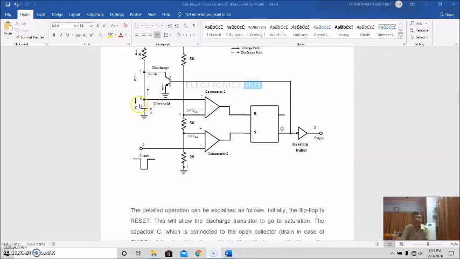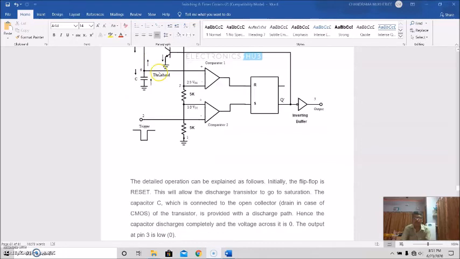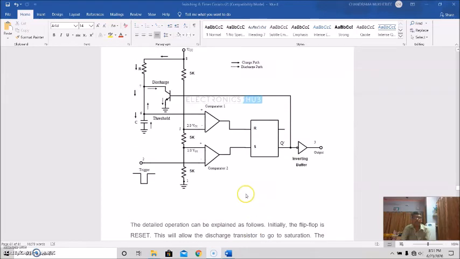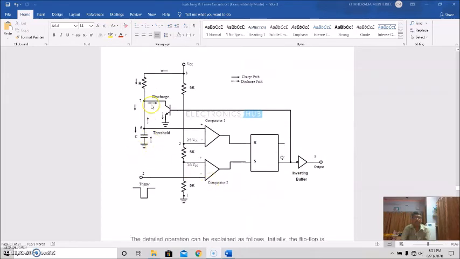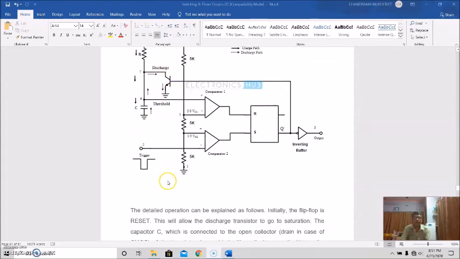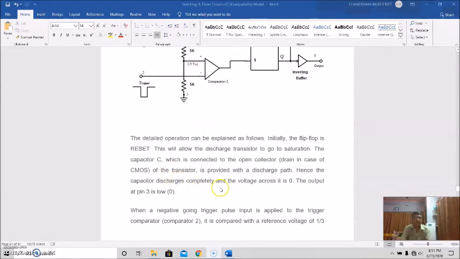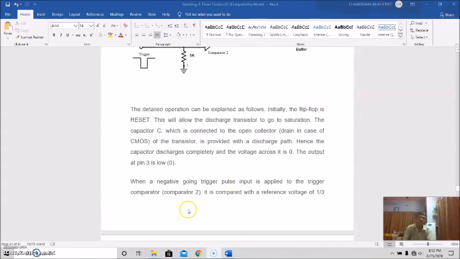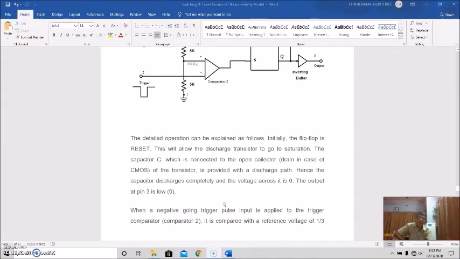C is connected to the collector and is provided with a discharge path. So this is the discharge path actually. So when the capacitor discharges completely and the voltage across it is 0, the output at pin 3 is low, that is 0. When the negative going trigger pulse input is applied to the trigger comparator 2,